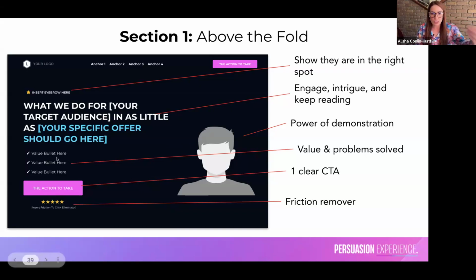Your bullets are usually the value and the problems, one clear call to action. And then when you think about